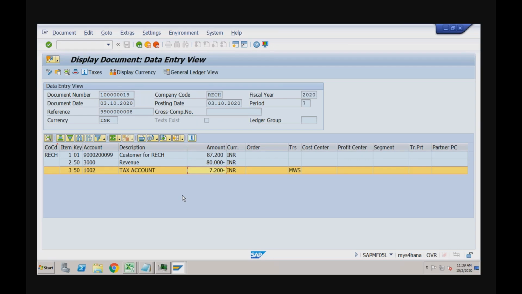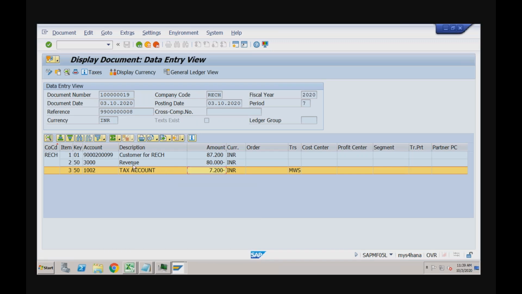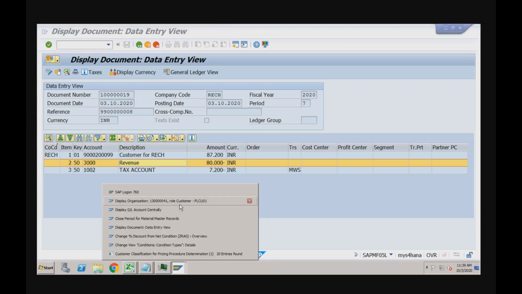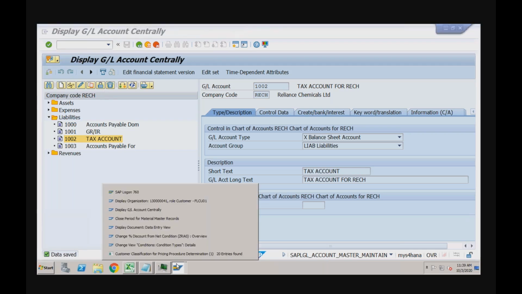What I'm trying to show you is the big question: how did the system determine this revenue GL account? How did the system determine that I want to post the revenue in this GL account? So all the configurations related to account determination. Okay, so whenever we are using the pricing, let me show you one thing. If you go to the pricing procedure,